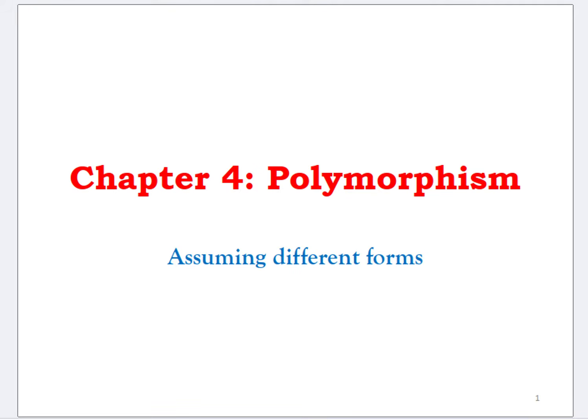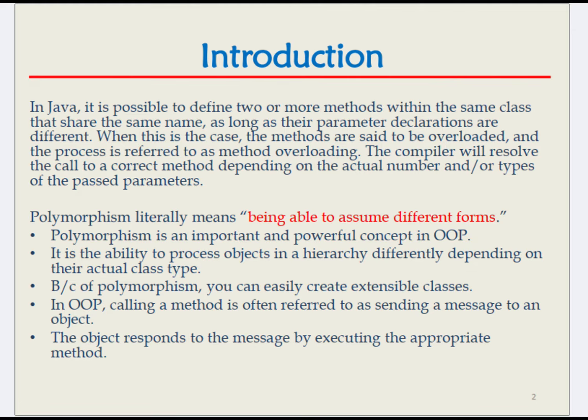Chapter 4, Polymorphism: Assuming Different Forms. 1. Introduction. In Java, it is possible to define two or more methods within the same class that share the same name, as long as their parameter declarations are different. When this is the case, the methods are said to be overloaded, and the process is referred to as method